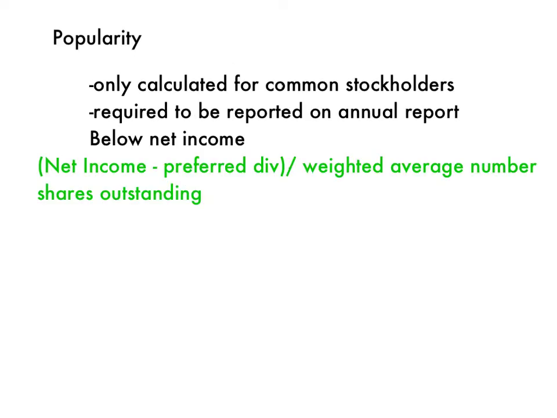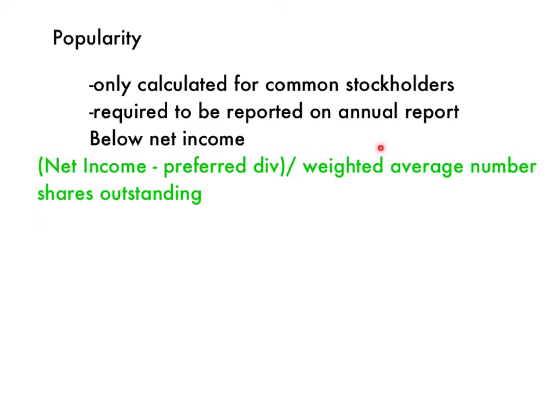This is an extremely popular metric or measurement used by the financial press, by investors and stock analysts. And therefore a corporation is extremely concerned about it when they're looking at managing their profitability. But there are some things that we need to understand, and one is that we only calculate earnings per share for common stockholders. So there's no earnings per share for preferred stockholders, there's no earnings per share for treasury stock. It's all earnings per share for a common stockholder, which, if you can see down here in the green,